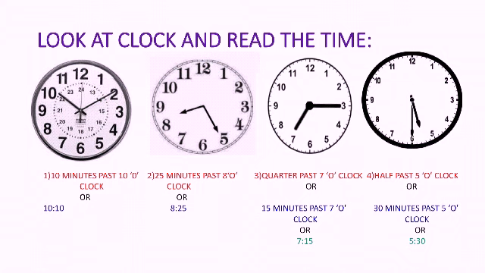Before you start reading the clock, let us discuss how to see the time. Let me tell you one thing. When the hour hand is at 1 and the minute hand is at 12, that means it is 1 o'clock. When the hour hand is at 2 and the minute hand is at 12, that means it is 2 o'clock. So when the hour hand is at 4 and the minute hand is at 12, what